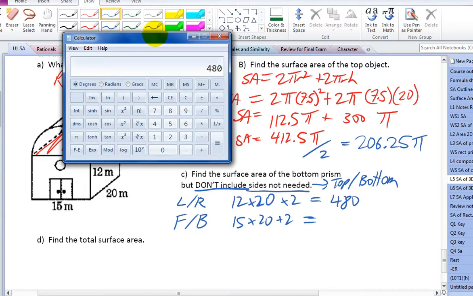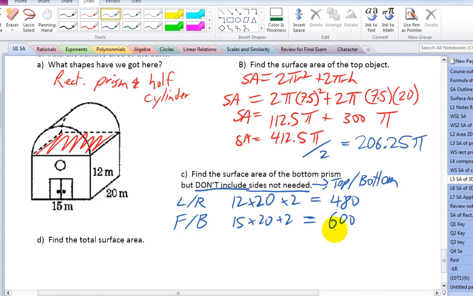In real life, would it? Probably not, but we don't know for sure. So we will assume that we are, okay? Good job noticing that. This is 600. Total is 1,080. So for this object, 1,080 plus